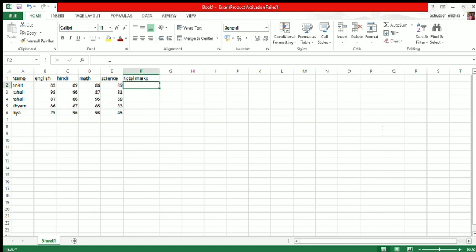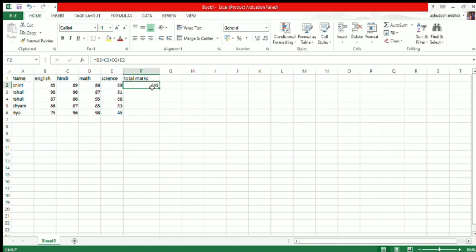After that, click on the FX bar, write the equal to sign, and then the address of this cell. What is it? B2, then C2, then D2, and then E2 with plus sign. B2 plus C2 plus D2 plus E2. After that press enter key. Now see the result, 349. That is the use of formula. Clear how you will use a formula in MS Excel?